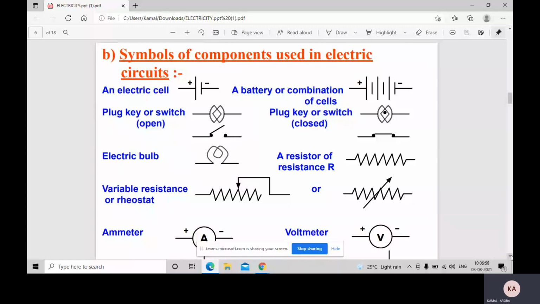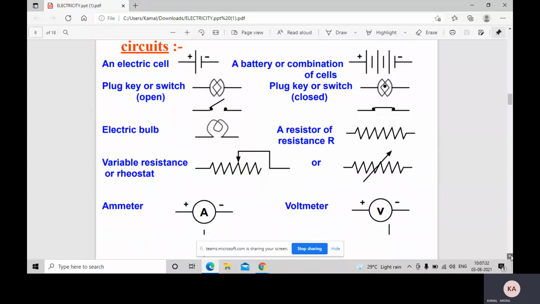On what principle do they work? Resistance of a wire is directly proportional to the length of the wire. It means if we increase the length, the resistance will increase. If we decrease the length, the resistance will decrease. And what is its function? By increasing the resistance, we reduce the current, or by decreasing the resistance, we increase the current. It means it provides variable resistance. That means we can change the value of current by changing the resistance.